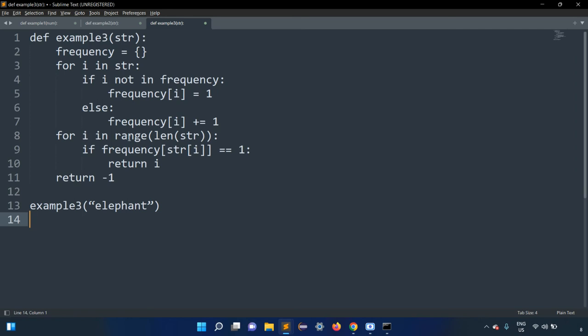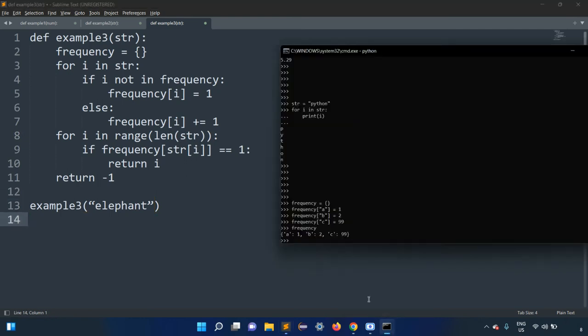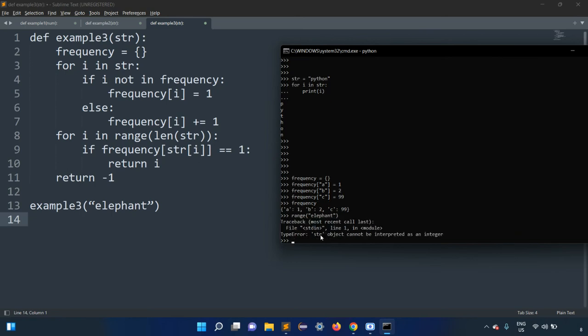Then comes for I in range of length of str, and for us str is elephant. Length of elephant will be 1 2 3 4 5 6 7 8. That means for I in range of 8, this length of str will return 8 as the output. So I'll tell you what this range statement does. When you say range of, for example, elephant, sorry, we cannot use it directly, so I'll use the for statement only. For I in range of 8,